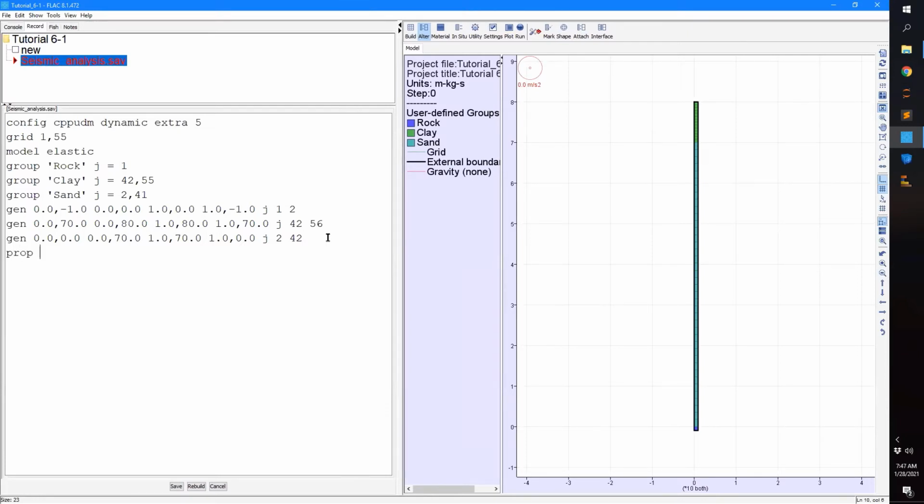And I'm going to specify the density. All of this is going to be associated with the rock. So if I go back to the problem statement, the density of the rock is 2,200 kilograms per meter cubed. I also, on the same line, can specify the shear modulus, and that's going to be the command shear, and the shear modulus is 2.2e9,